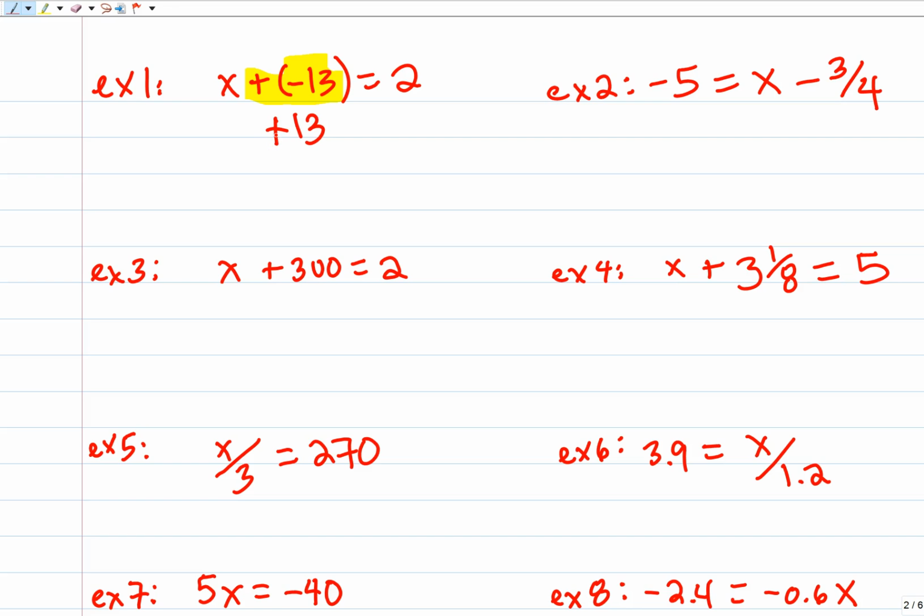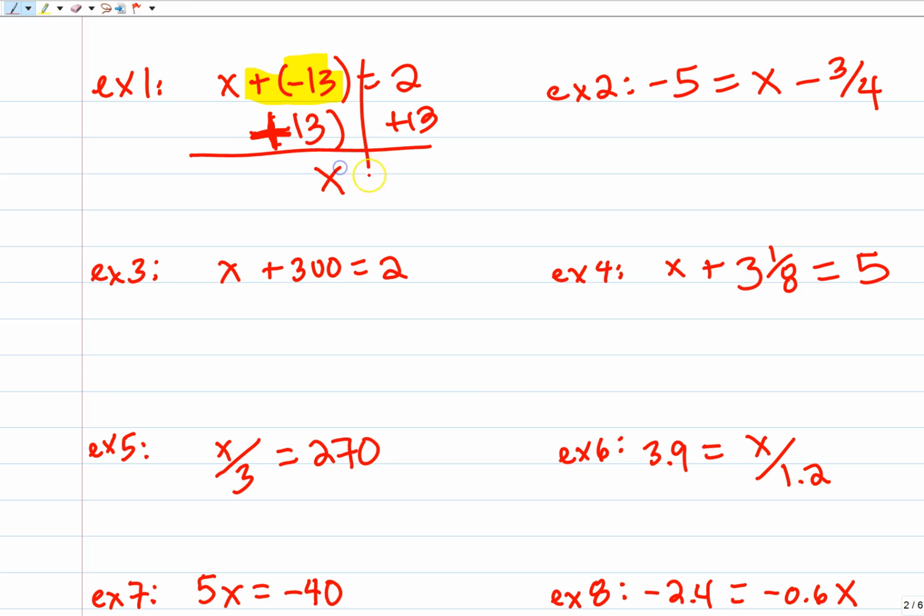How would we cancel a negative 13? So we would use addition to solve this. If that bothers you, another way of thinking about it, I don't really like this, but it is a way of thinking about it, is that instead of adding a negative 13, we subtracted a negative 13. That's weird. But what does subtracting a negative mean? It's just adding. So a couple ways of thinking about it. But don't check out your brain. If you put a minus 13 there, that should stop you. And you should check and go, ooh, negative 13 didn't cancel. And that's our goal, is to cancel everything out, leave us with the x. So what cancels with a negative 13? It's a positive 13. If I do it to one side,